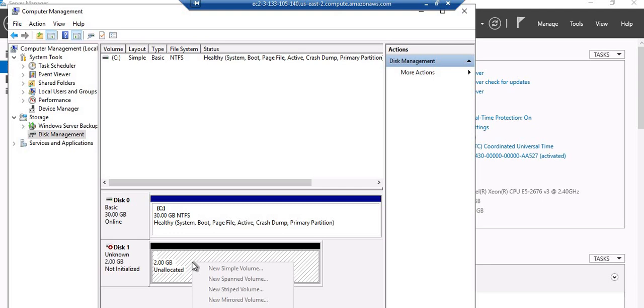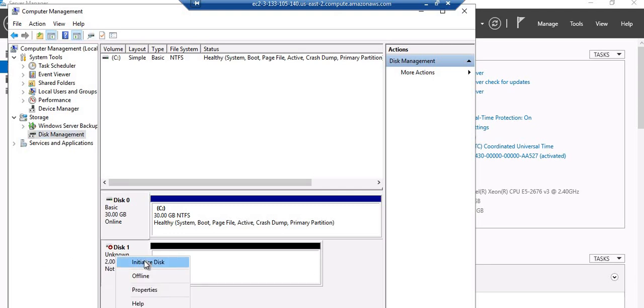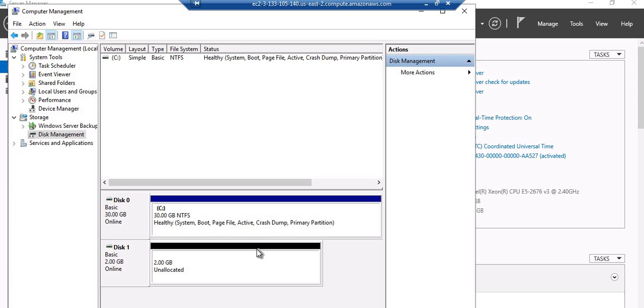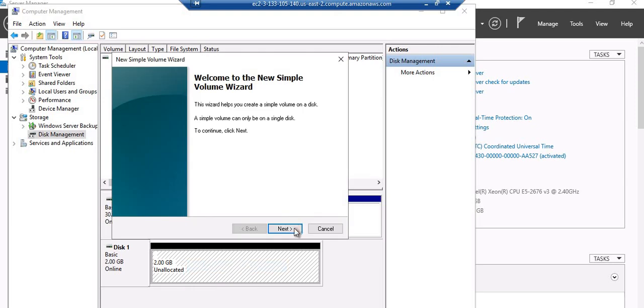Now let's format this volume. Okay, now it's ready to give the volume name. Click on New Simple Volume.